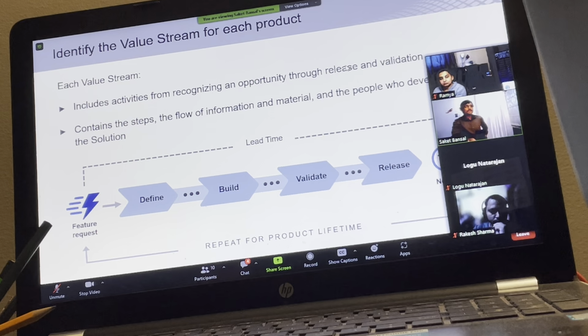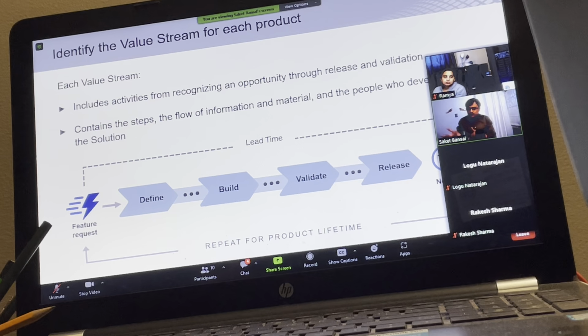Say some of us may be working in a project environment. We deliver a project and our game is over. But the assumption here is a value stream environment. So what does it mean? That we have a website and we take care of the website, and we keep building products and features on it, and our team is continuously working in that direction. So it's like a product organization, a delivery organization. So there we have a value stream of doing things.